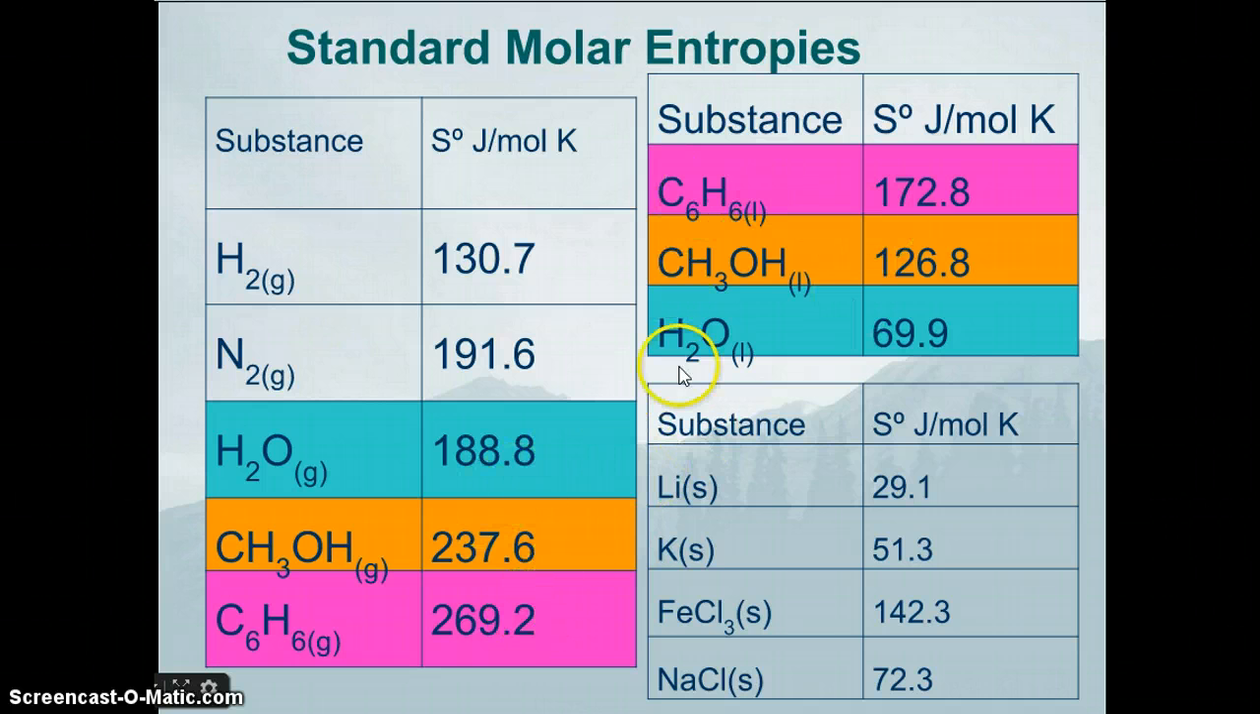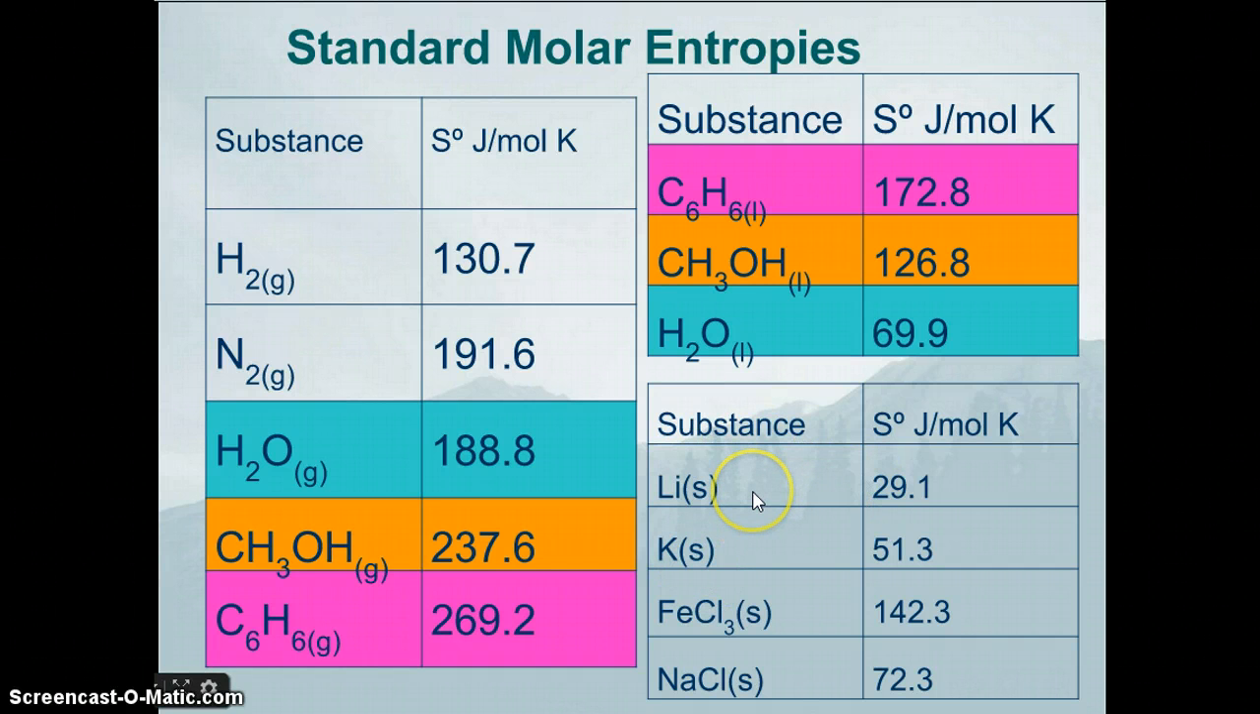You'll notice I color-coded to make it easier to see. So water here is in blue. You can see that for water gas, it's 188, and for water liquid, it's 69.9. So it's almost one-third the entropy when you go from the gas to the liquid of the associated one, and benzene goes down by almost 80. And then I put some solids over here to show you that